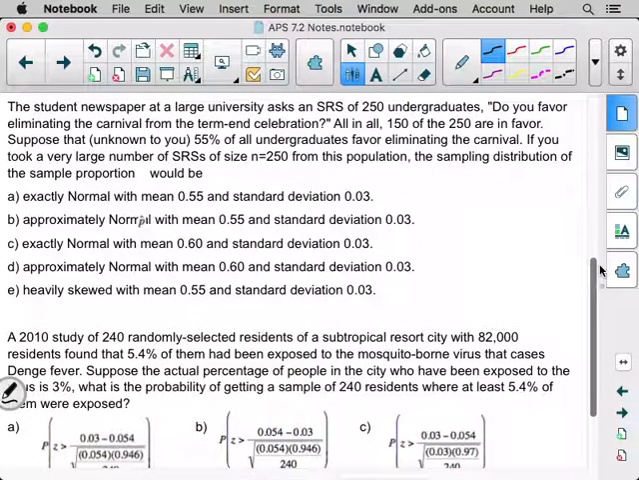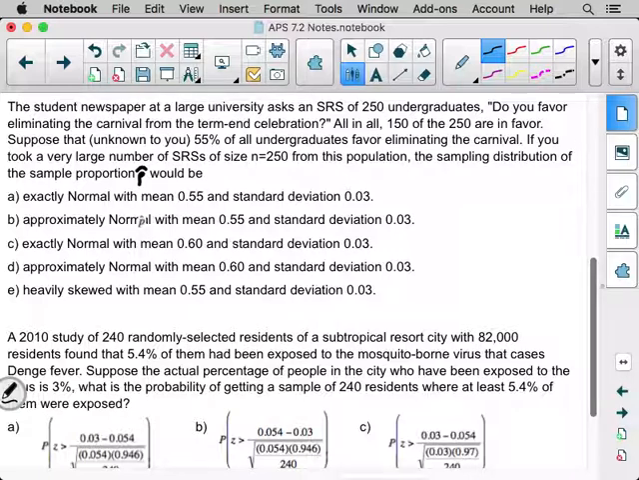The student newspaper at a large university asked a simple random sample of 250 undergraduates, do you favor eliminating the carnival from the end of term celebration? All in all, 150 of the 250 are in favor. Suppose that, unknown to you, 55% of all undergraduates favor eliminating the carnival. If you took a very large number of simple random samples of size 250 from this population, the sampling distribution of the sample proportion, whoops, there should be a little P hat there, sorry, would be,